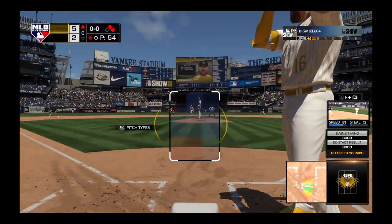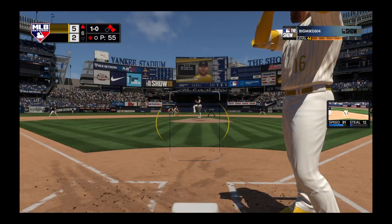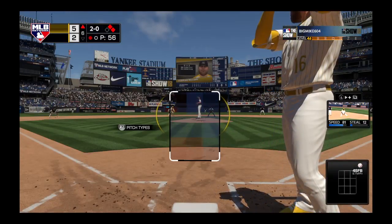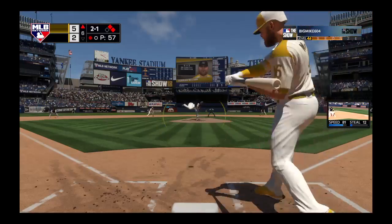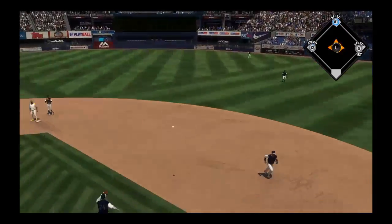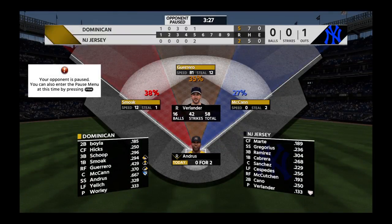Here's the catcher, Brian McCann. He comes in 0 for 2 thus far. And a fastball misses here to start the at-bat. It's 1-0. The 1-0 now to McCann. And a neck-high fastball that time. Now the 2-0 is laid off, but in there for strike 1. That's a real good job of going back-to-back fastballs right there. Most of the time, a hitter will see a fastball on the inside half of the plate, and they'll just think, well, this pitcher's going to go back on the outside. But when you double up like he did right there,